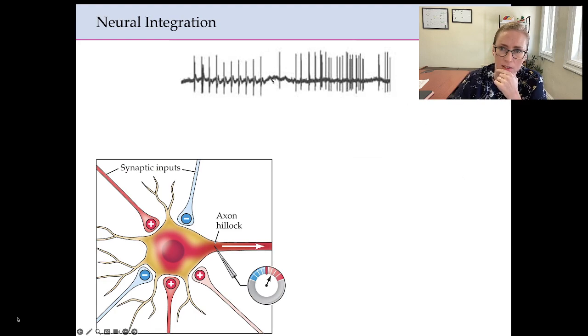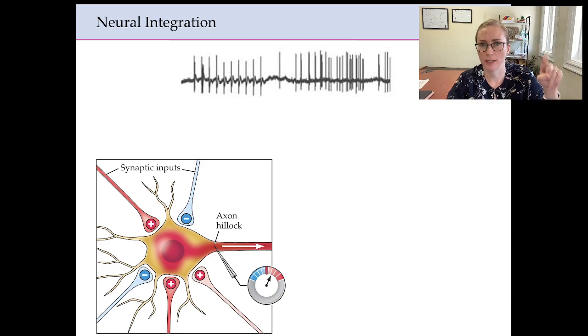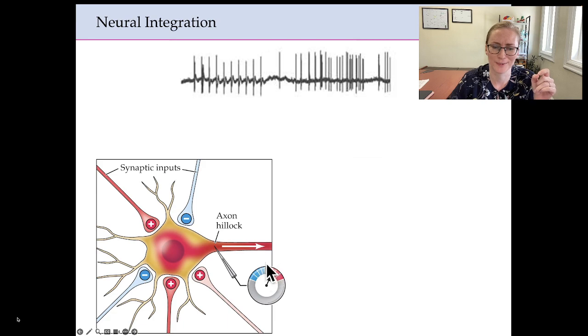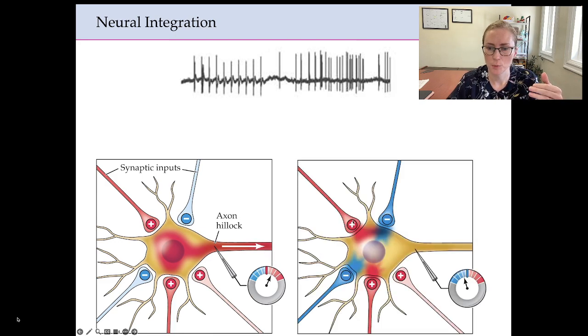So these little action potentials spiking, right? A single one of those is an action potential. It's often illustrated as just a single line showing that that neuron is talking and firing. Here, the threshold is in the bottom graph. In this bottom graph down here, this would be the threshold, that fat red line. Here, the excitatory potentials, or the EPSPs, outweighed the inhibitory ones, and it was enough to push us over threshold. With this one, we have the same amount of